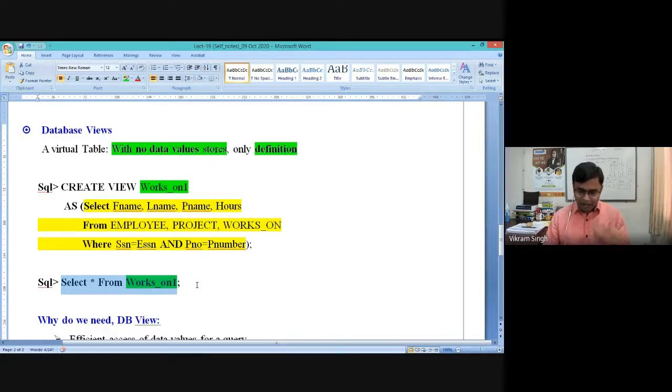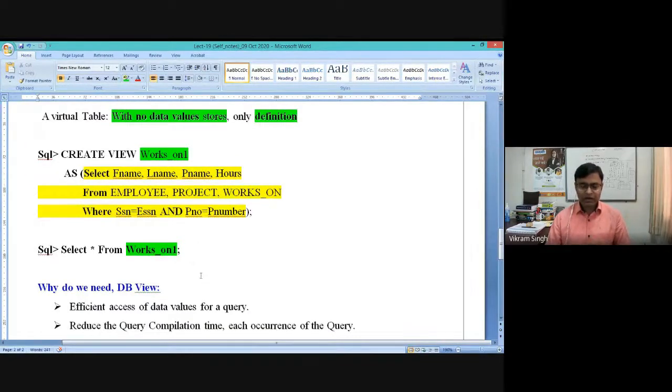So it is providing some kind of abstraction, right? Instead of writing these expressions, or instead of exposing this whole query into the HTML page, you can directly use these views, right? So you can have any number of views on any number of different queries. That is something we will get, right?